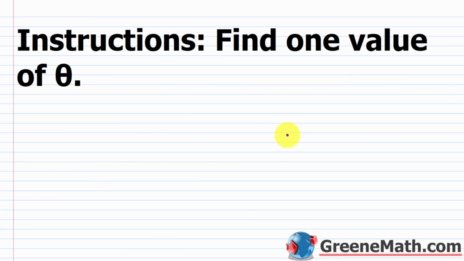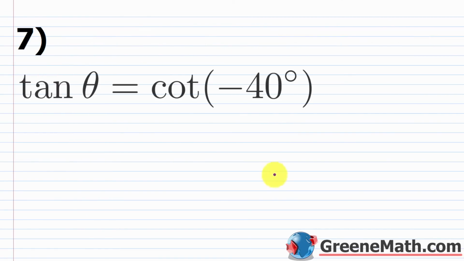All right, for the next few problems, we have new instructions. We want to find one value of theta. And coming down here for problem 7, we have the tangent of theta is equal to the cotangent of negative 40 degrees. So how can we solve this problem? Well, essentially what you're going to do is think about your cofunction identities. So remember that if you have the tangent of theta, this is equal to the cotangent of 90 degrees minus